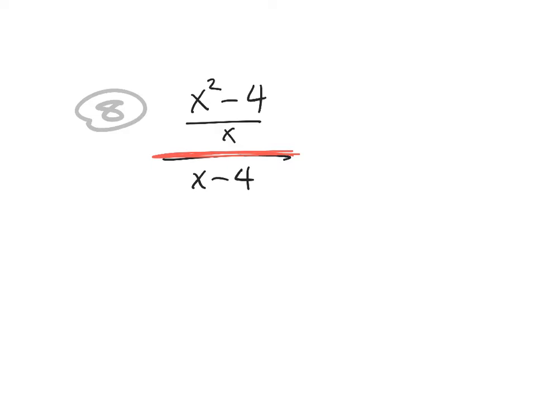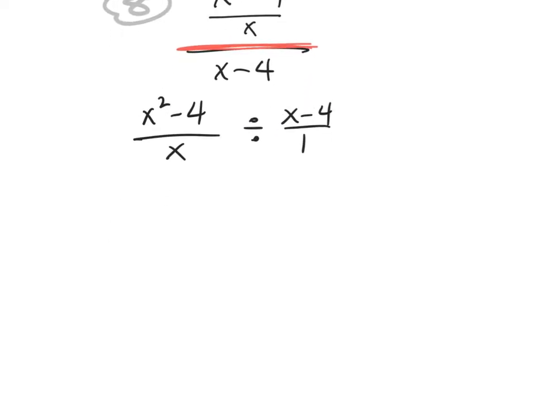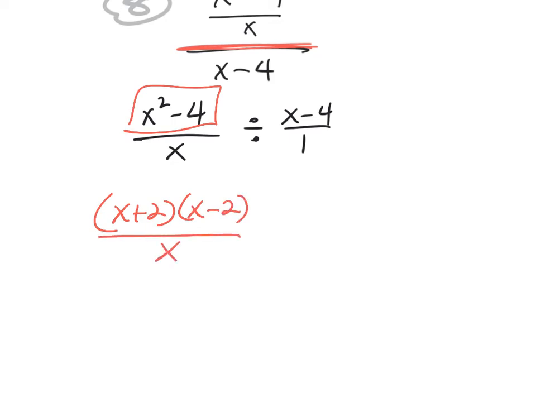So really what I'm doing here is x squared minus 4 over x divided by x minus 4 over 1. I need to do my keep, flip, change here. I'm going to also factor this guy. I'm going to turn this into x plus 2 and x minus 2 over x, flip it to the reciprocal,